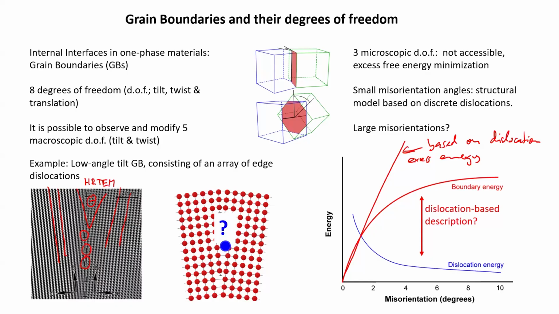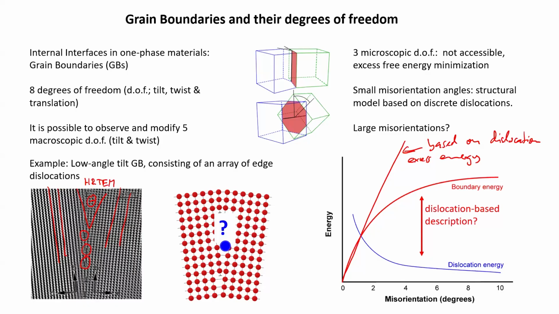And if cores overlap, then the dislocation is no longer an entity that can be described as a dislocation. So it would basically mathematically not be a high density of dislocations, but some kind of common super dislocation or something like this. But also, if you bring them too close and they are parallel, then they repel each other. So this is again as if you have two atoms that come too close.